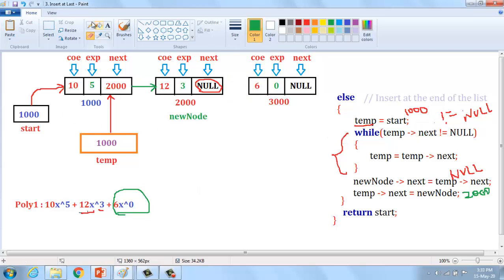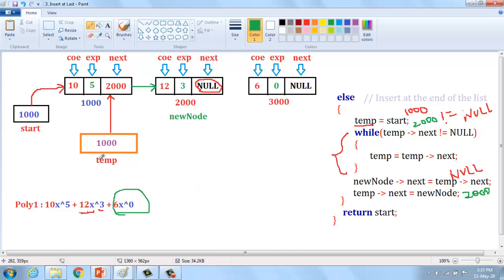Here temp of next is 2000, not equal to null. Is the condition true or false? The condition is true, so we enter inside the loop, because we are going to identify which is the last node. Then only can we insert a new node in the list.